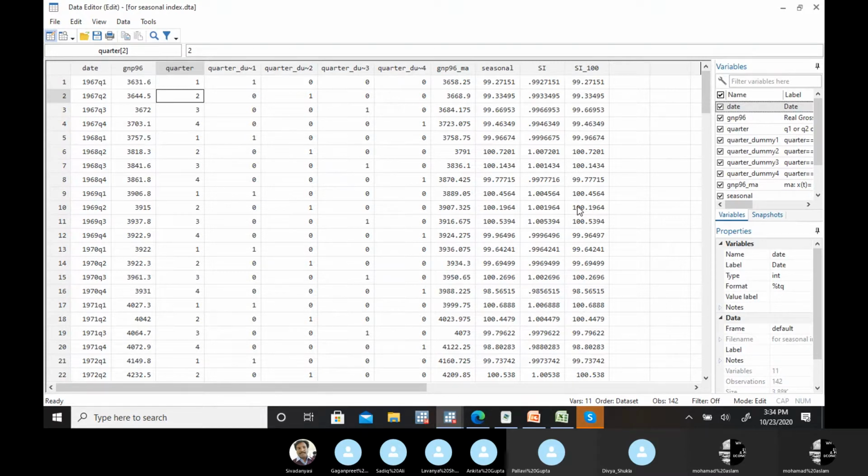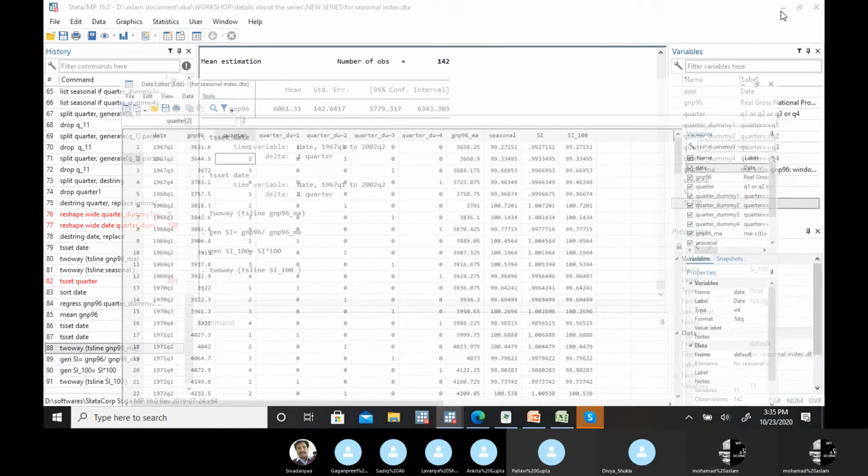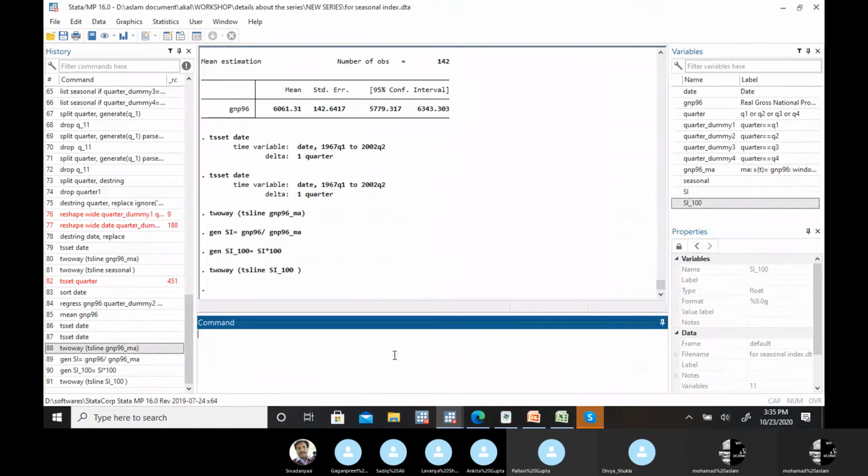So we can't do this division like the ratio to moving average. To find the seasonal irregular we did this, but now to find the irregular it's not possible. I hope you understand this point, because this new variable is a combination of both components. If we divide, we don't know whether the left out part is for the seasonal change or the irregular change. So the other, indirect method is to eliminate the extreme changes.